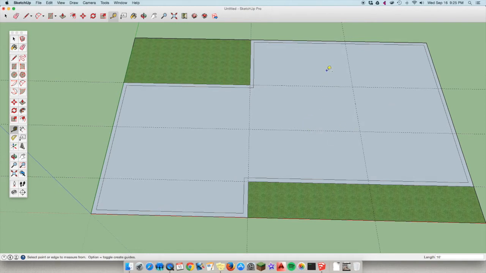All right, so just so you know, I'm going to start labeling some things here with the 3D text tool so that we know what these rooms are. I'm going to find the 3D text tool. It's on my big tool palette, which hopefully you still have open. If you don't, you can go to View, Tool Palettes, Large Tool Set. All right, and I'm going to go way down here to this